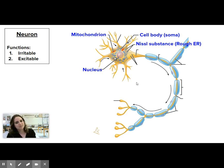like in the muscular system. We don't call it rough ER, okay? Because, anatomists. It's called the Nissl substance, but it's basically rough ER. We also have dendrites. These are unique to a neuron. These are the little feelers that sort of come off. Think of your arm almost as a neuron. Okay, your forearm would be the axon, your palm would be the cell body, your fingers would be the little